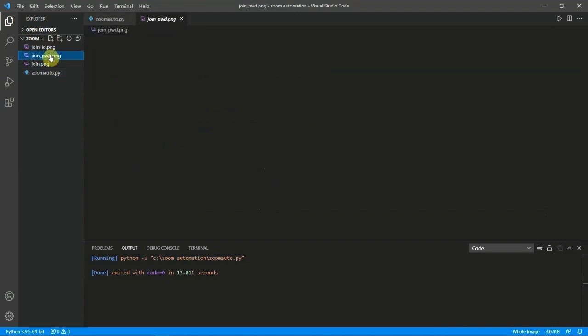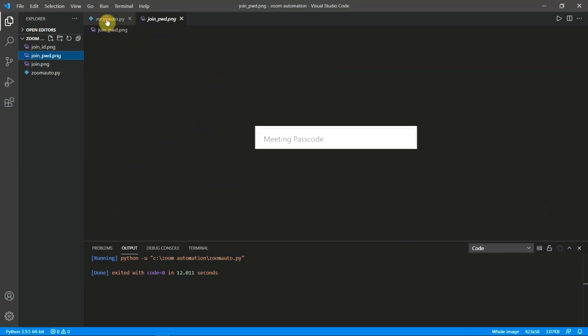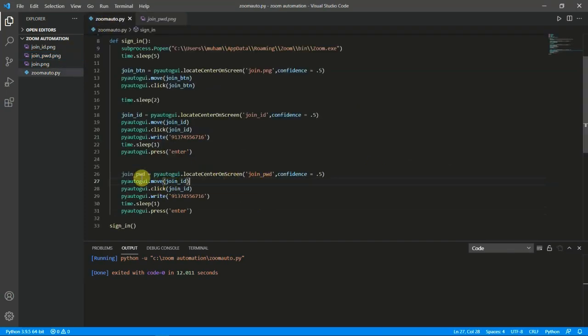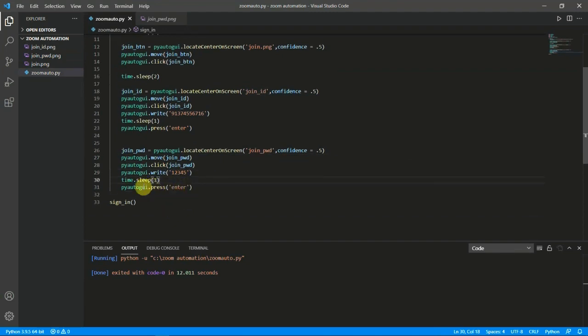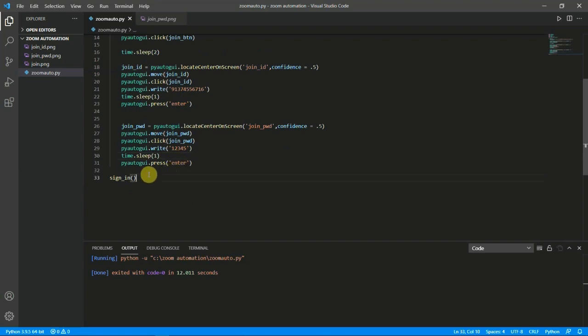We have the image here, this is the image we are looking for. Then we will move there, click, and the password is 12345, and we will sleep for 1 second again, and then press enter.